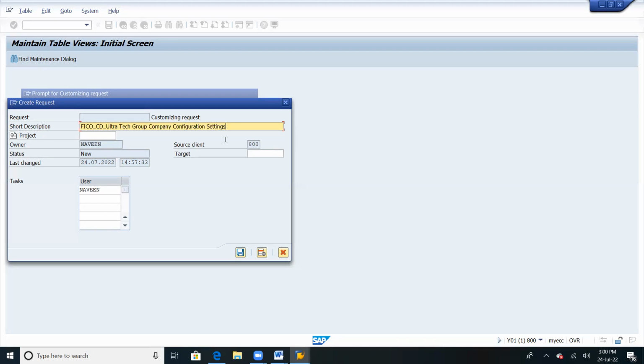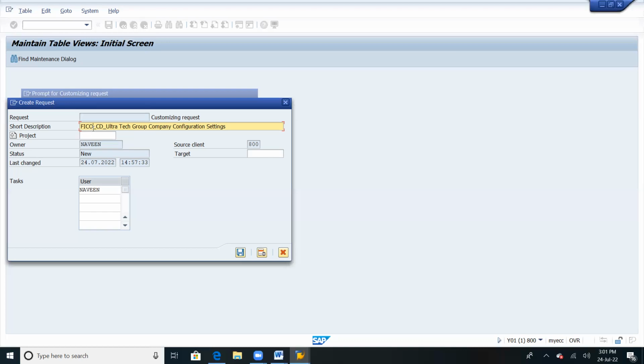So who will give this naming convention? Our project manager will give the naming conventions. Clear? All the naming convention will be given by the project manager, and according to that we need to give the naming convention. The project manager will explain it to us, and we have to follow it if we are a consultant. Project to project, the naming conventions would be different. So generally we follow